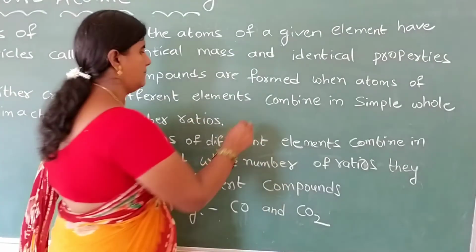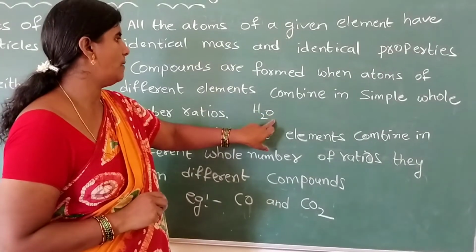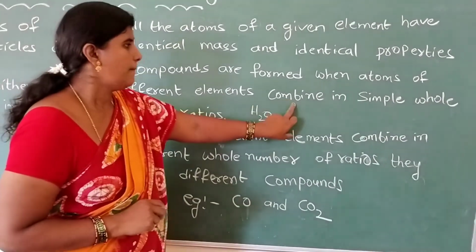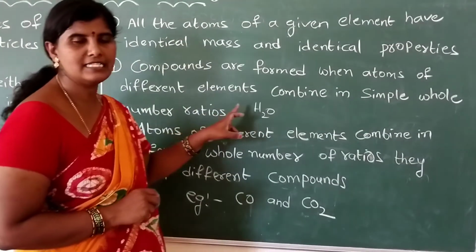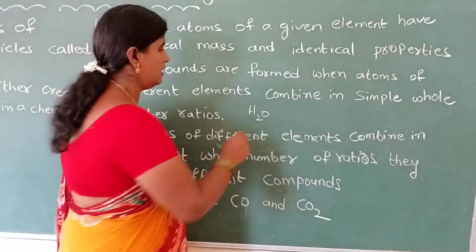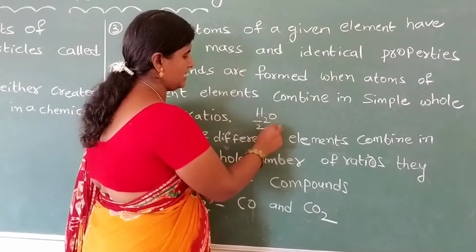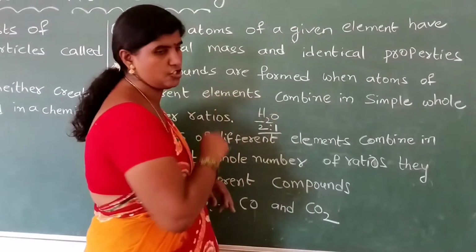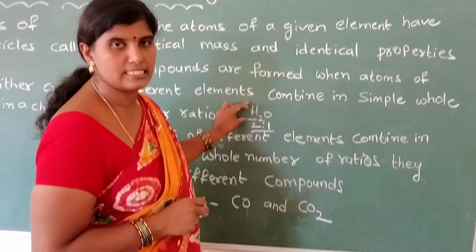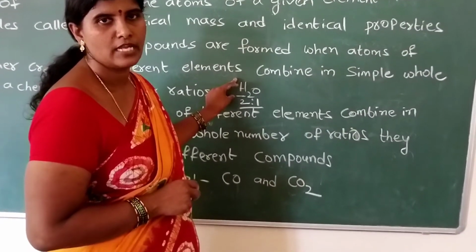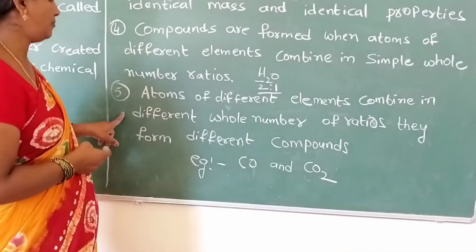For example, the H2O molecule. Different elements combine in simple whole number ratios. What is the ratio in the water molecule? Hydrogen has 2 atoms and oxygen has 1 atom. That is the ratio, a 2:1 ratio. The water molecule is a compound. Understand, children? So this is the fourth point. And the last, fifth point is